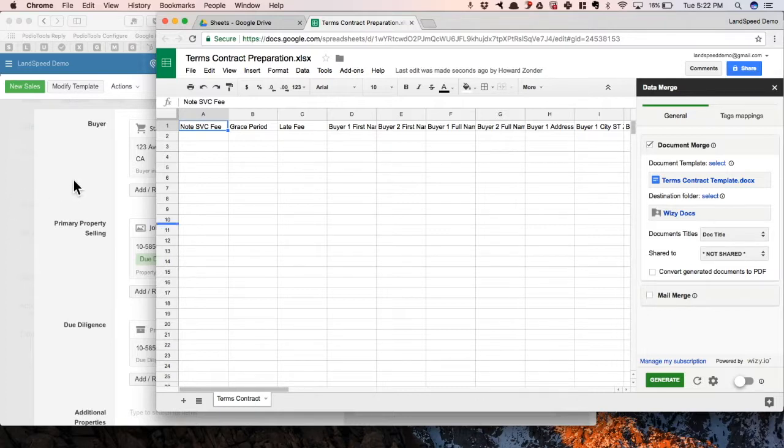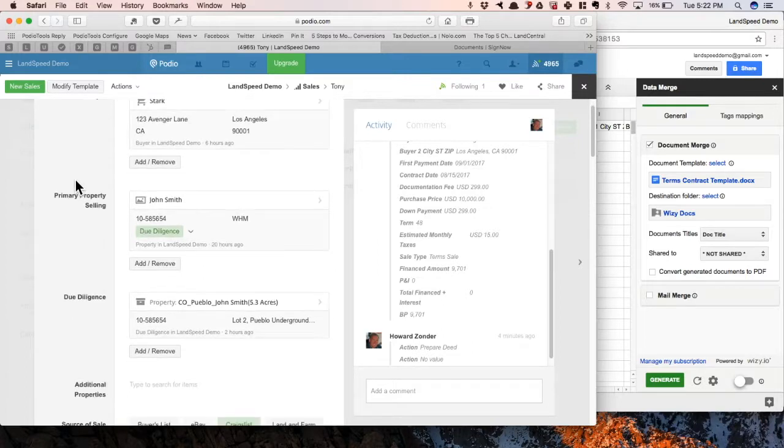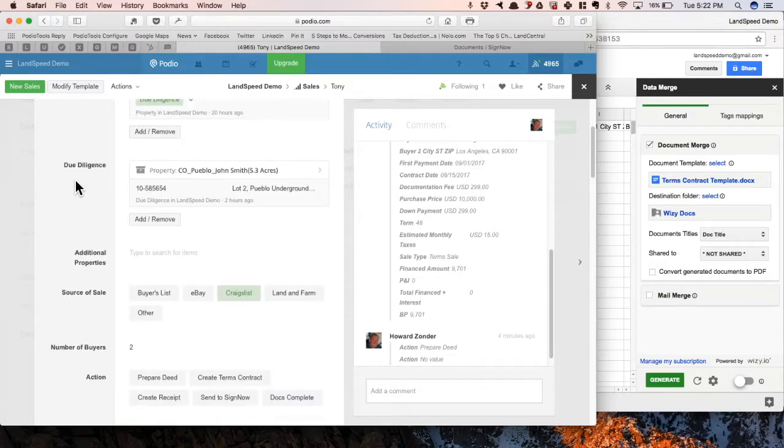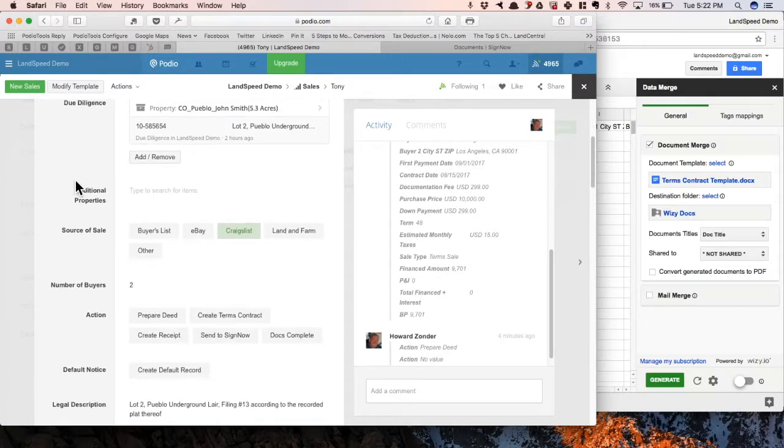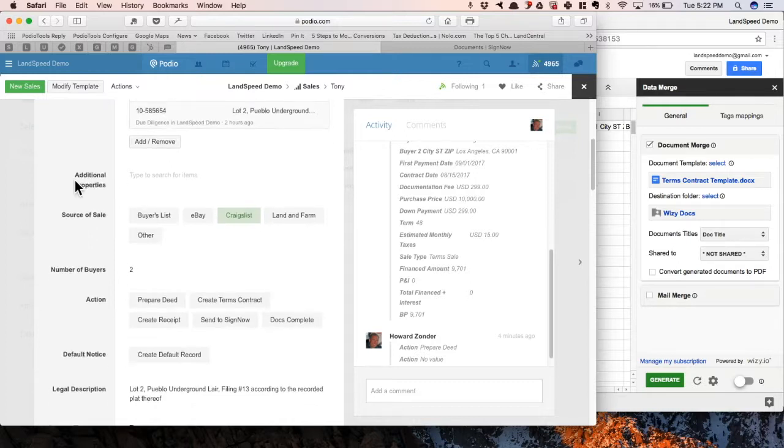So all I really have to do is get all the information I need from my buyer, and I have it all in this record. It's all set up in this template, and I ask them these questions while I'm on the phone with them, while I'm building relationship and while I'm building trust and getting them excited about the contract. And when I've got all the information I need, all I have to do is hit this button that says